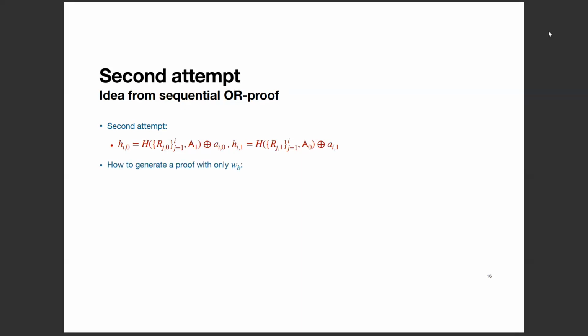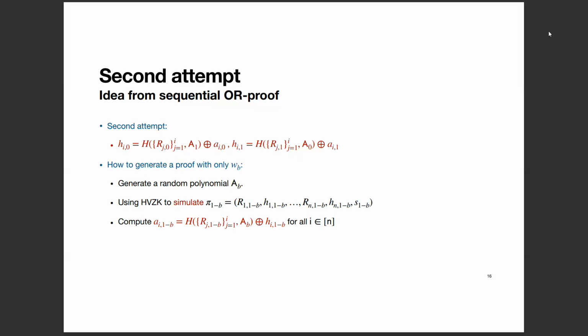Then I will quickly explain how we can generate a proof with only WB in such a case. We first generate a random offset AB. Then we use the HVZK property, the zero knowledge property, to simulate pi I1 minus B with all this transcript, including the commitments and the challenges. Then we can compute the A1 minus B with this exact form of hash of the commitments and the offset AB XOR with the challenges